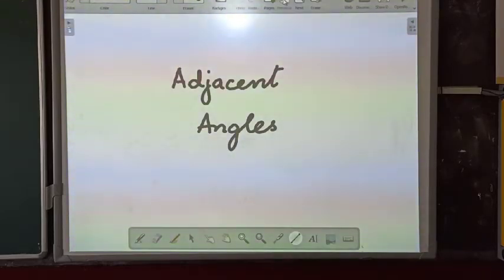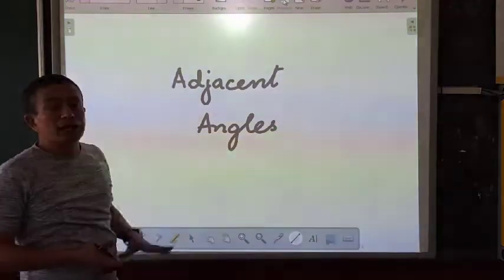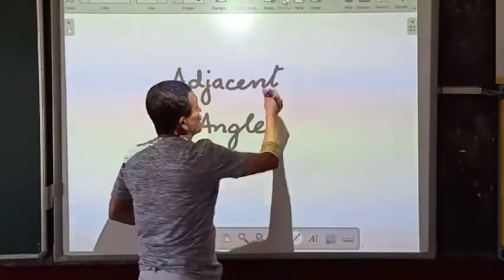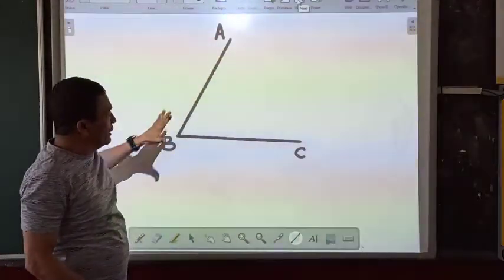So what I'm going to talk about here is adjacent angles. Let's understand adjacent angles first. Let's say we are given an angle